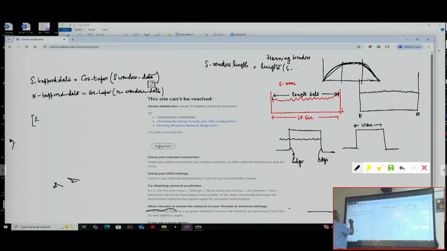So S amplitude spectra, comma, we have to also calculate the frequency, the Fourier frequency, or the omega values. That will be equal to the My FFT code that has been given to you, and then you put this S tapered data,